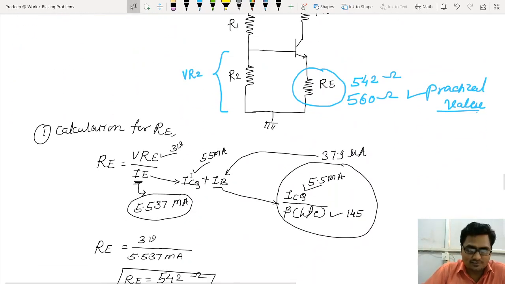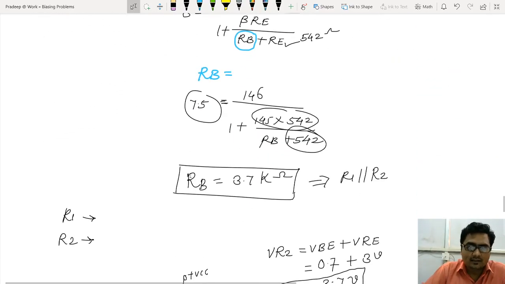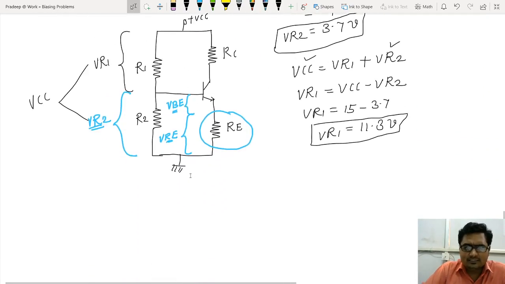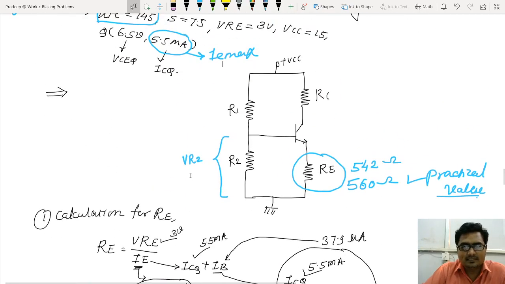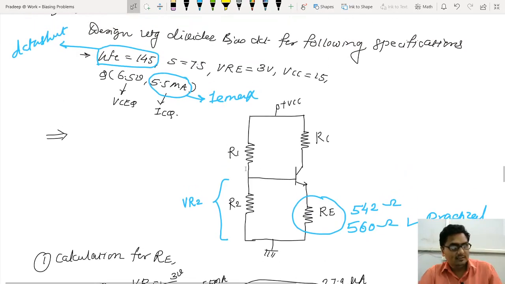This procedure is very useful. Why am I telling you this is very useful? Because once you design a voltage divider bias circuit, you are done with 80% of the amplifier design. See, all 4 resistors are there. What is extra in an amplifier? 3 extra capacitors, that's what it is. So add 3 extra capacitors into the design and you will get the amplifier design done. This is how we can finish the voltage divider bias circuit design.